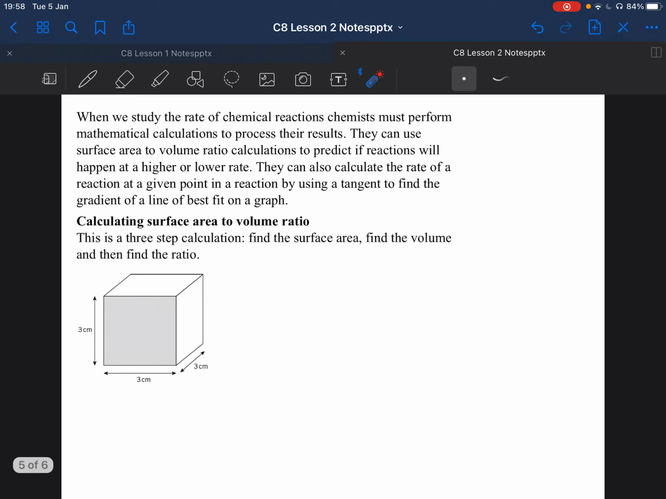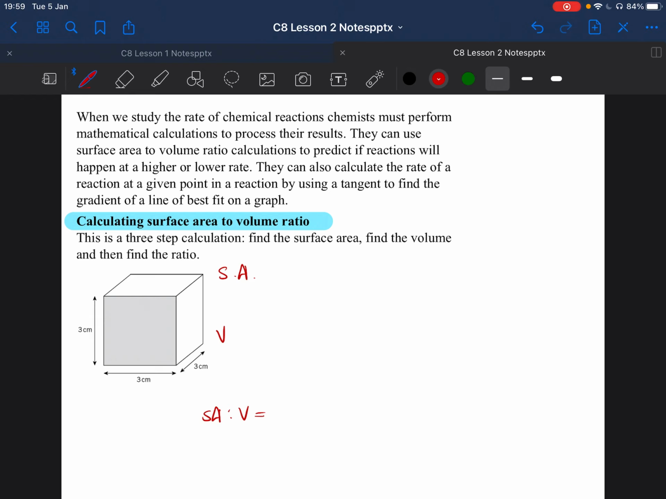Okay, guys, so as part of this and using practical results, we also need to do some maths in chemistry. And one of the first things in chemistry that I'm going to talk to you about in terms of maths is calculating your surface area to volume ratio. Okay, so there are 3 steps to actually do this. Your first step is to find your surface area. Your second step is to find your volume, and then your third step is to find your surface area to